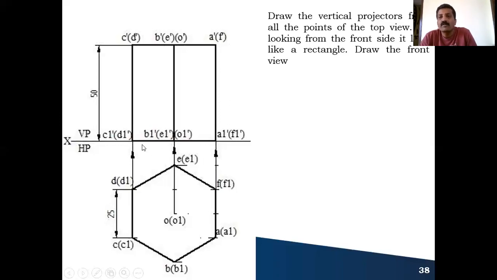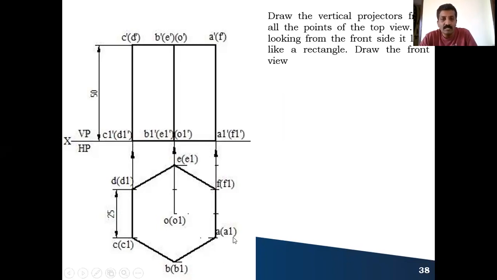So in the front view the hexagon prism will look like a rectangle. In the top view it looks like a hexagon. Correct, it is exactly the edge condition. The edges are taken on the right side. So since the longer edge will coincide with the axis line, that's why the axis line I cannot represent here. Okay, the visible edges only I have to represent.